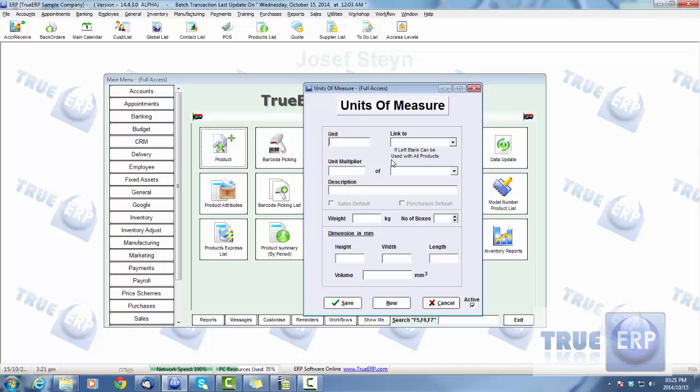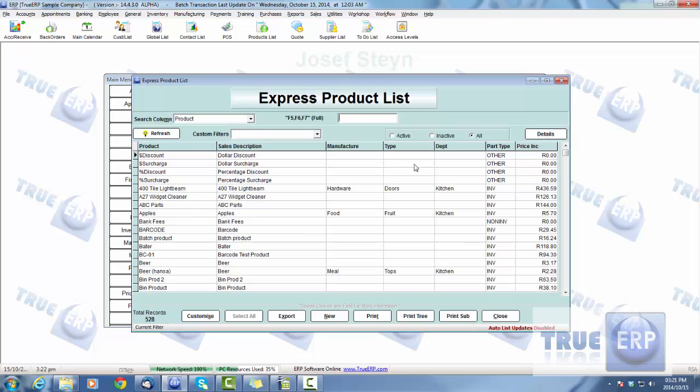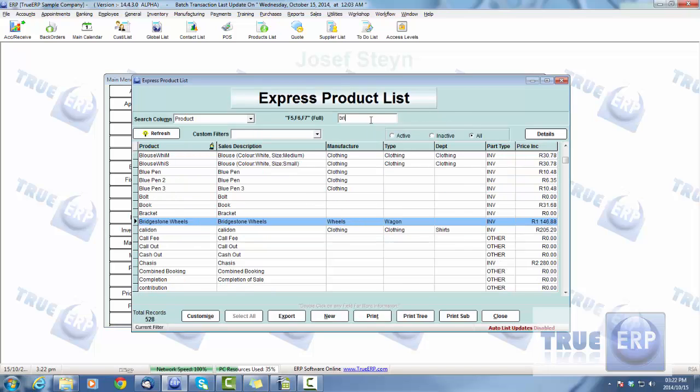So if you were to say a set of tires linked to Bridgestone, the set will be 4 and that will be a multiplier of that per unit. So let's go ahead and jump into a product quickly. So let's go to our Bridgestone wheels,